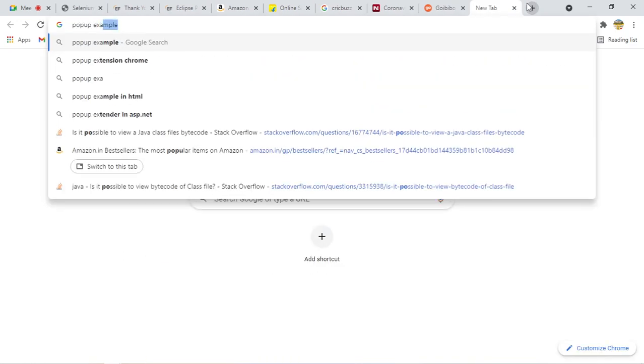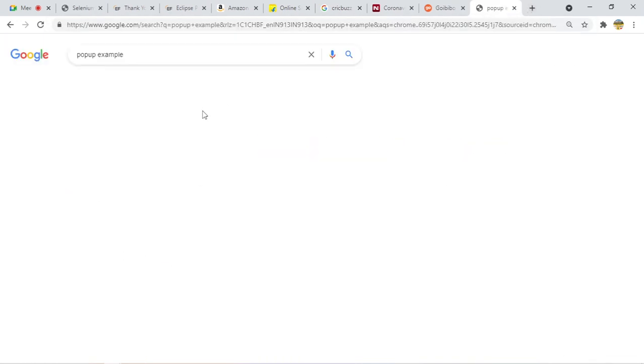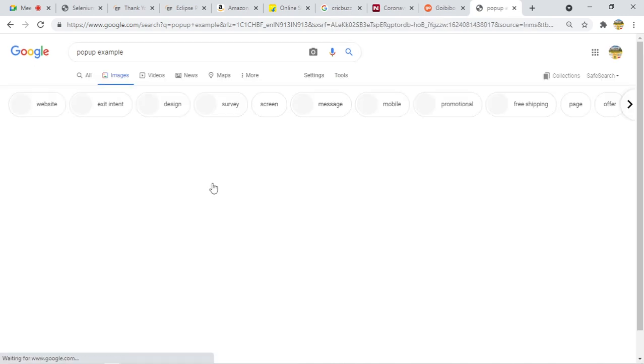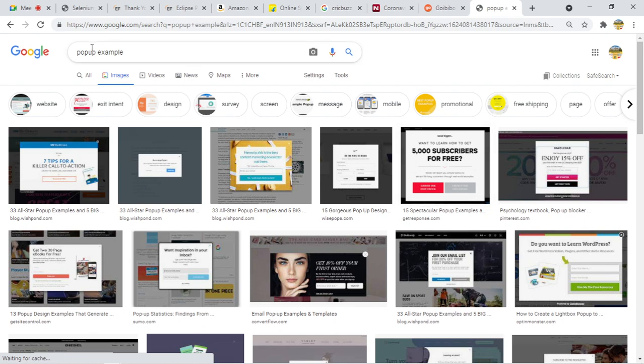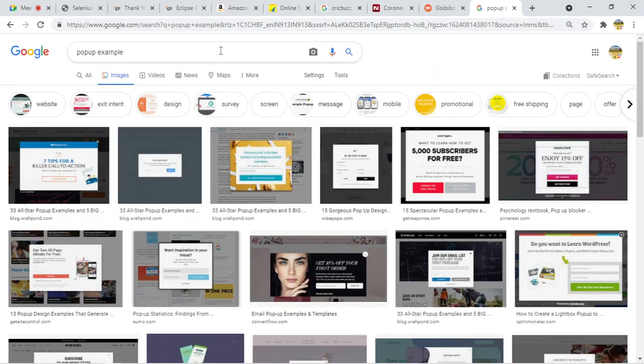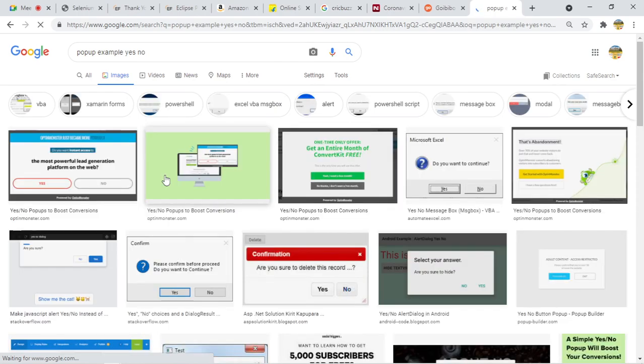If I go to image, sometimes these are the web related pop-ups. Not this one.